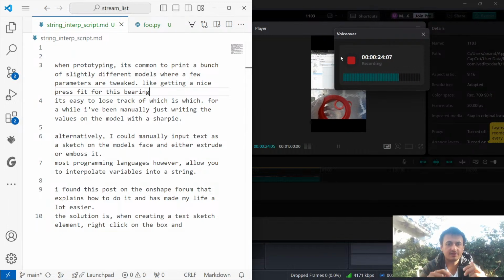When prototyping, it's common to print a bunch of slightly different models where a few parameters are tweaked, like getting a nice press fit for this bearing. It's easy to lose track of which model is which and what the parameter values are for each. For a while, I've been manually writing the values on the model with a Sharpie. Alternatively, I could just put text onto the model using a sketch element. However, that is also a little bit